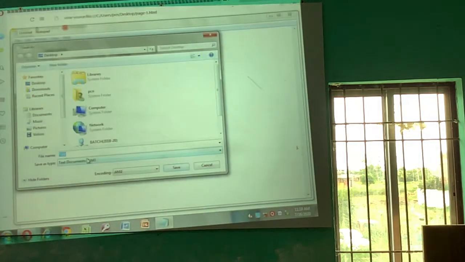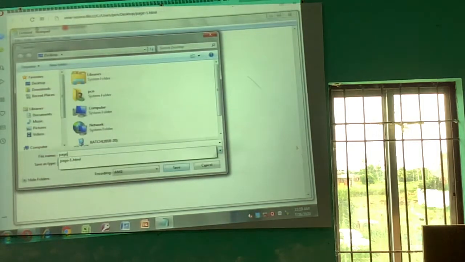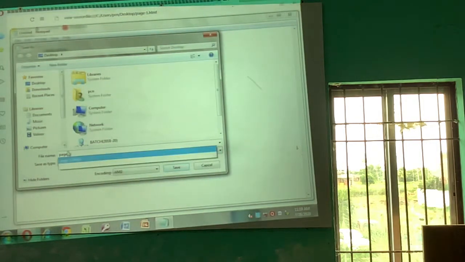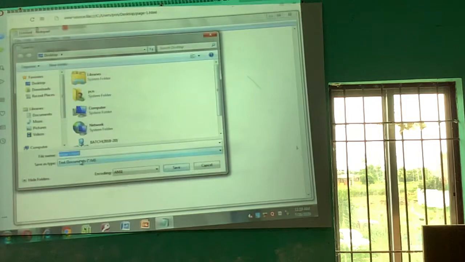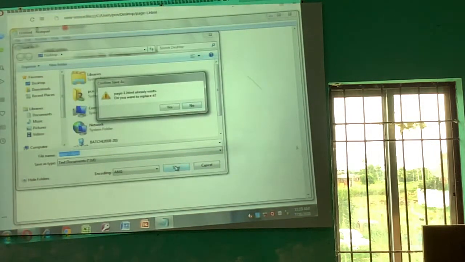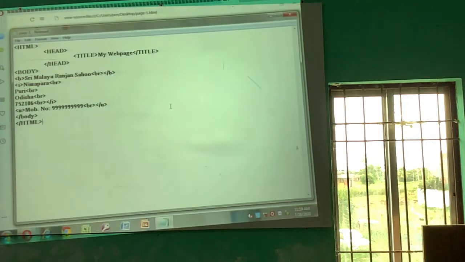Again I am saving, by giving the same name, to create the notepad only. So now type the HR tag and save it.